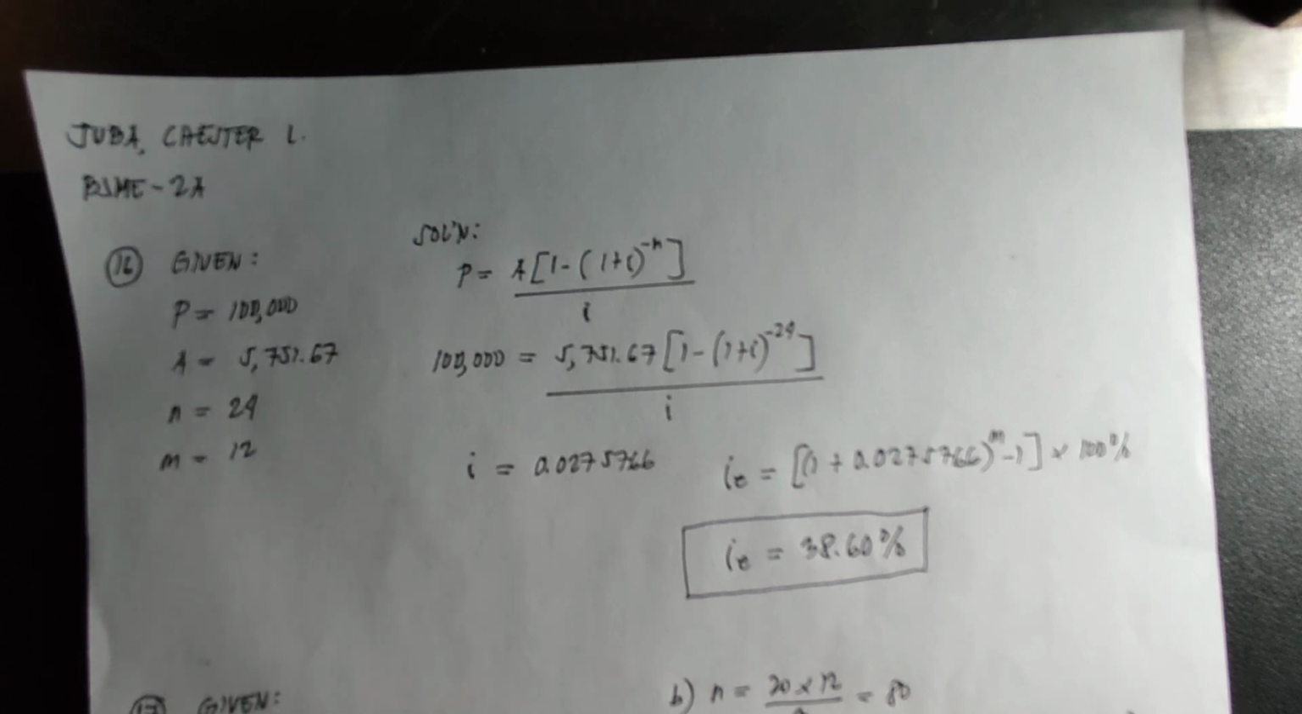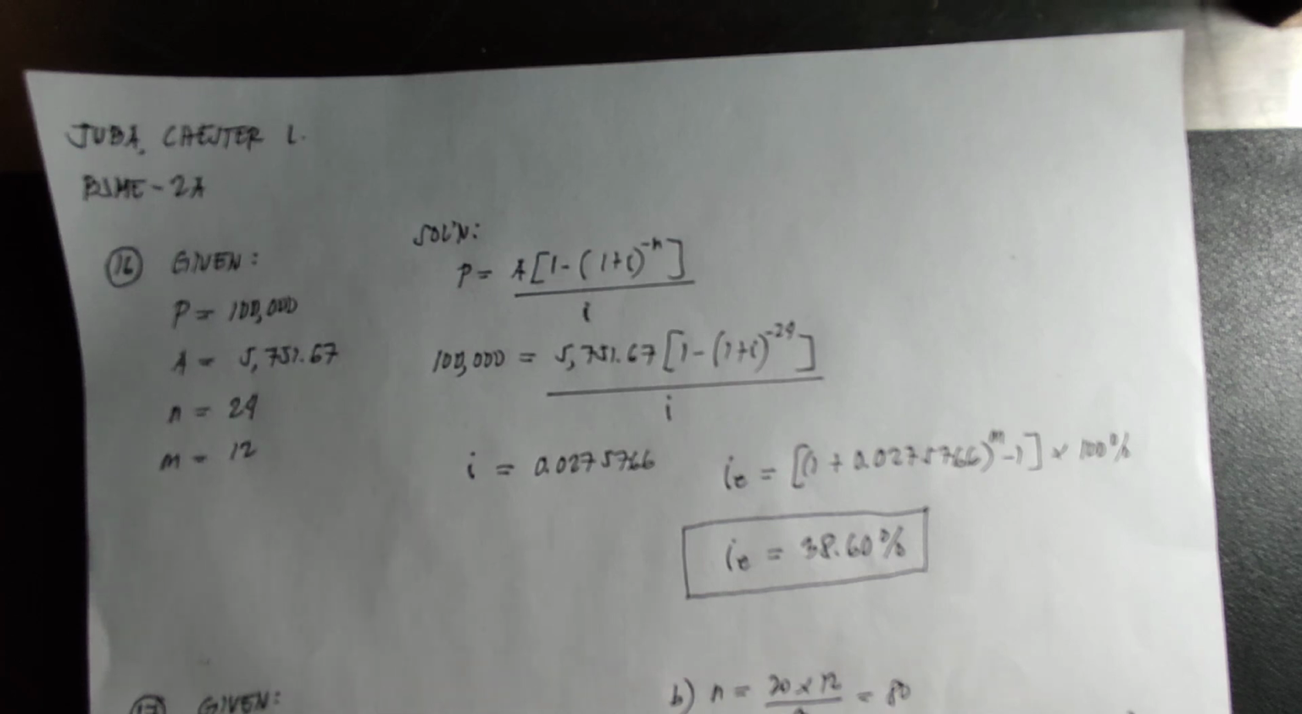Then we will use the solution. P is equal to A multiplied by the quantity of 1 minus (1 plus i) raised to negative n, all over i. Let's substitute all the values. 100,000 is equal to 5,751.67 multiplied by the quantity of 1 minus (1 plus i) raised to negative 24, all over i. To find i, let's calculate it. Then we'll get i is equal to